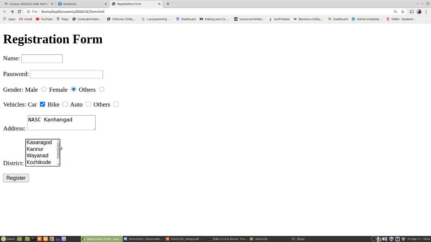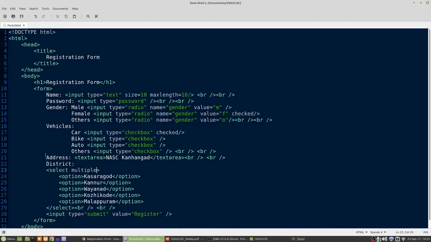You can select multiple items from the list. So for example, I want to select Kasaragod. Press the Ctrl key on your keyboard and click the other item that you want. So this way you can select multiple items. So if you want your list to be like this, then put the multiple attribute for the select tag.